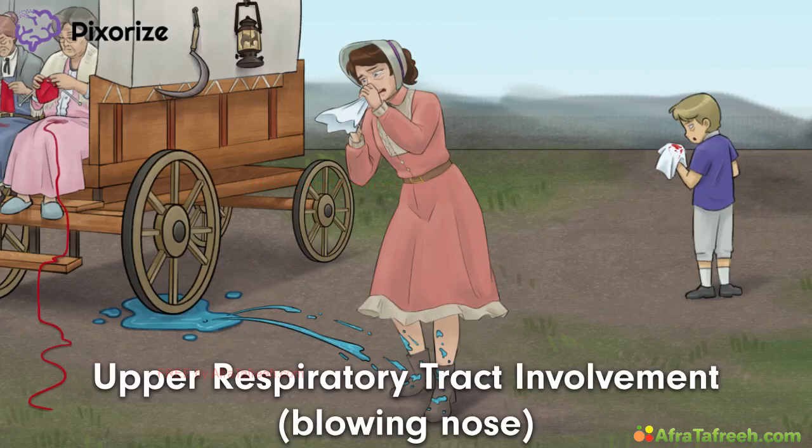This woman blowing her nose is here to help you remember that Wegener's granulomatosis causes upper respiratory tract inflammation. I want to reiterate this because it's important. Wegener's is associated with upper respiratory tract inflammation. Examples include chronic nasal mucosal inflammation, which can lead to crusting around the nose, nosebleeds, runny nose, and even nasal